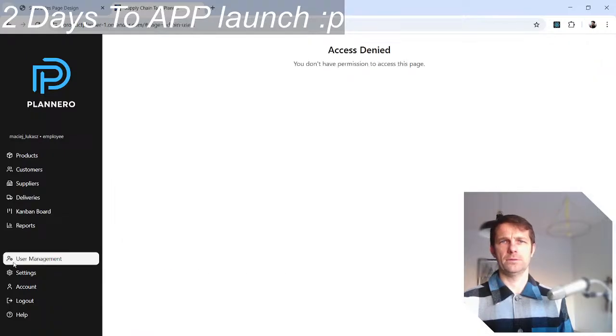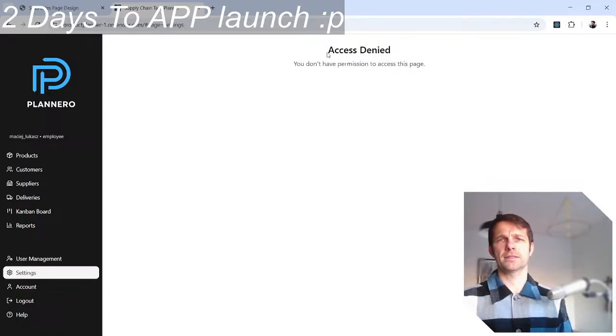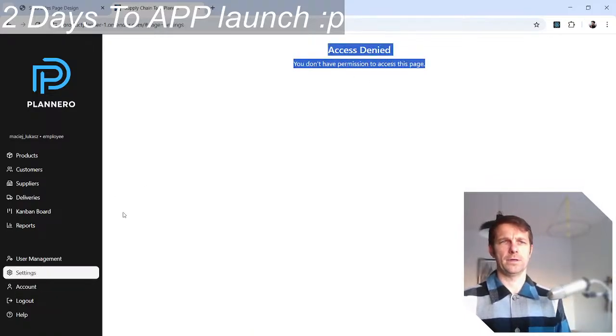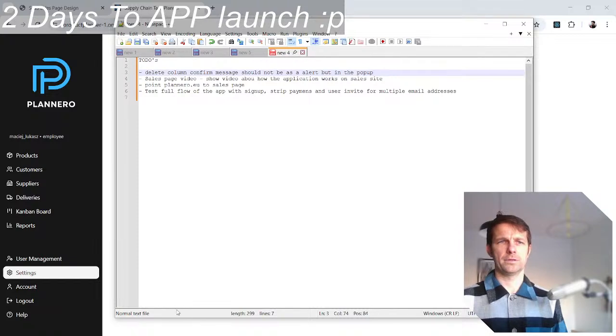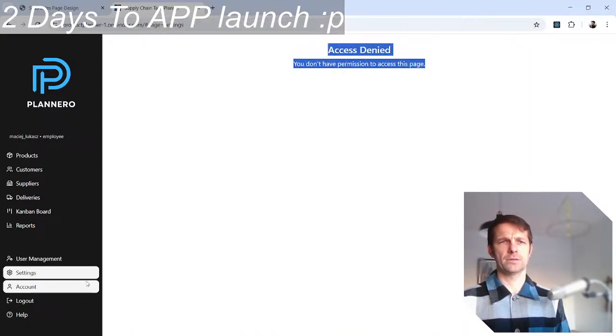Okay, this is good. Access denied. So if there is access denied for employee, we should not even show user management. Settings should actually be there.